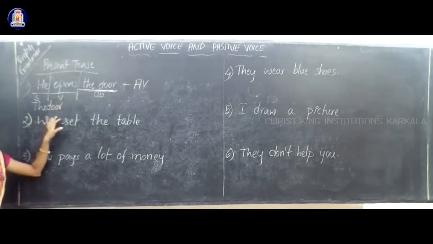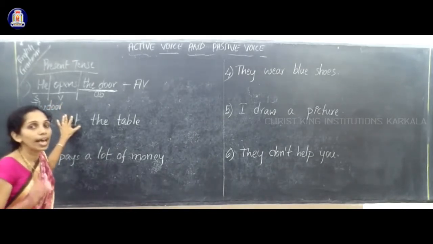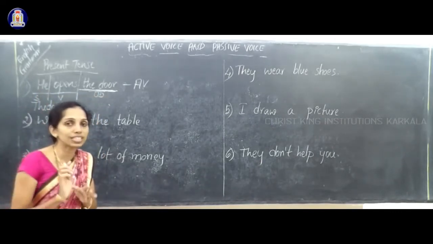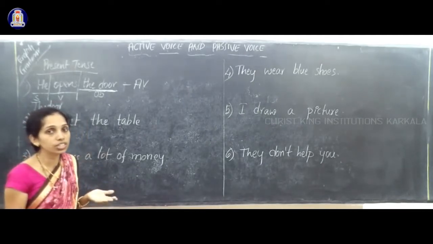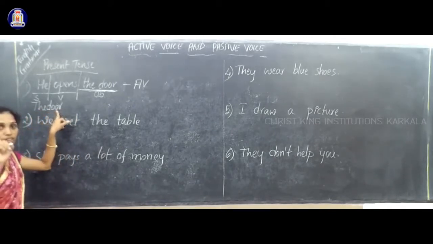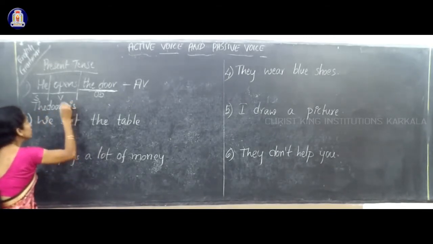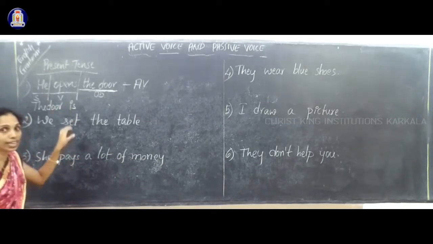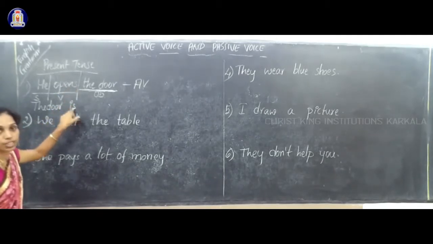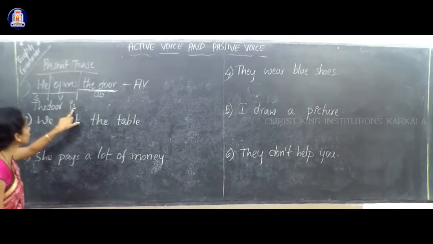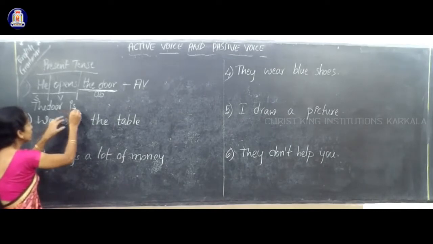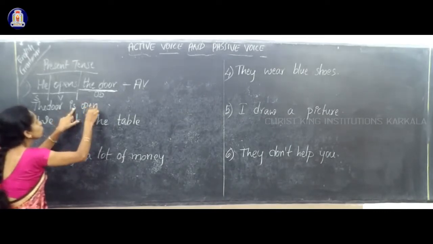The door. Then what we have to use? We have to use the helping verb, isn't it? Since it is in present tense, we have to use the present tense itself. We are not going to change the tense. So here, the door, since it is one in number, we are using the singular helping verb. Since it is in the present tense, we are using is. The main verb is in the present tense, so here the helping verb is also in the present tense. The door is.